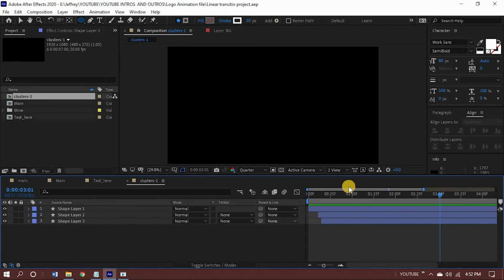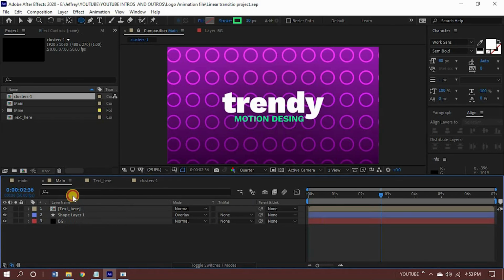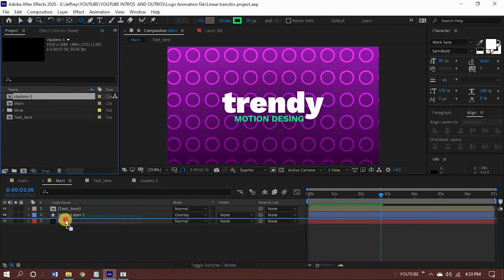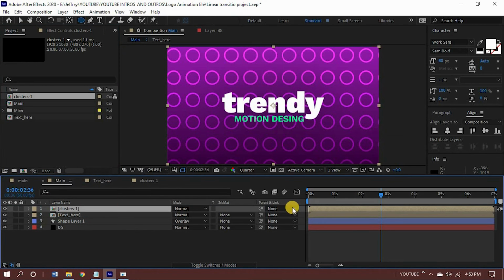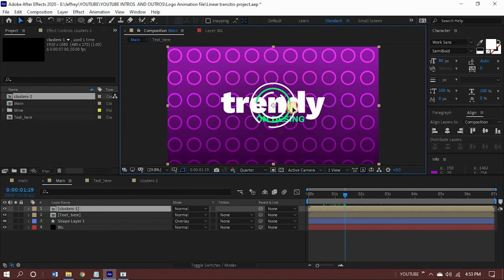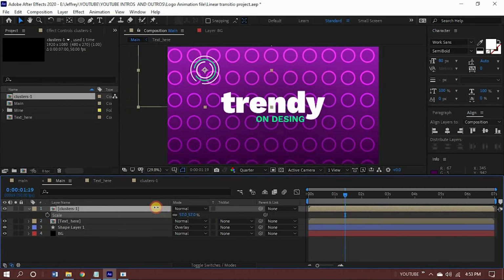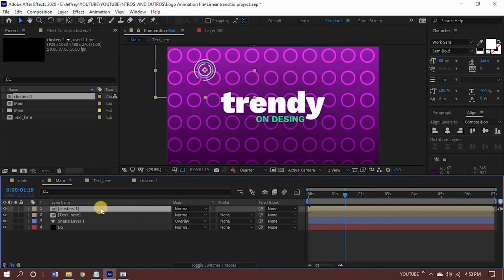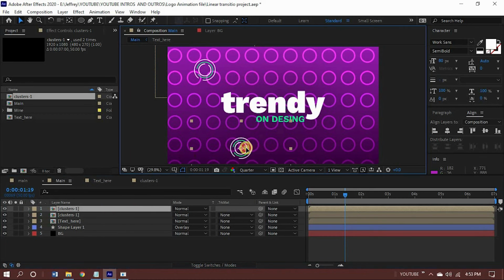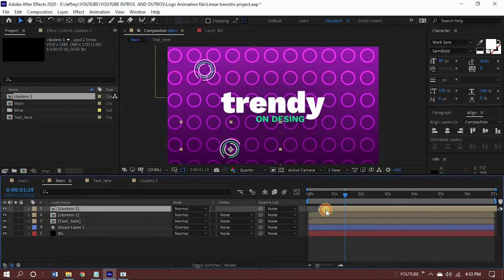So now what I'll do is go to the main composition and drag the cluster composition and put it right over there. So you're gonna get something like this, and just go over here, click S on your keyboard and scale it right over there, just like so. So click Ctrl D to again duplicate it and put it somewhere right over here, and offset it maybe a little bit, and again Ctrl D to duplicate it and put it somewhere right over there, and offset it maybe